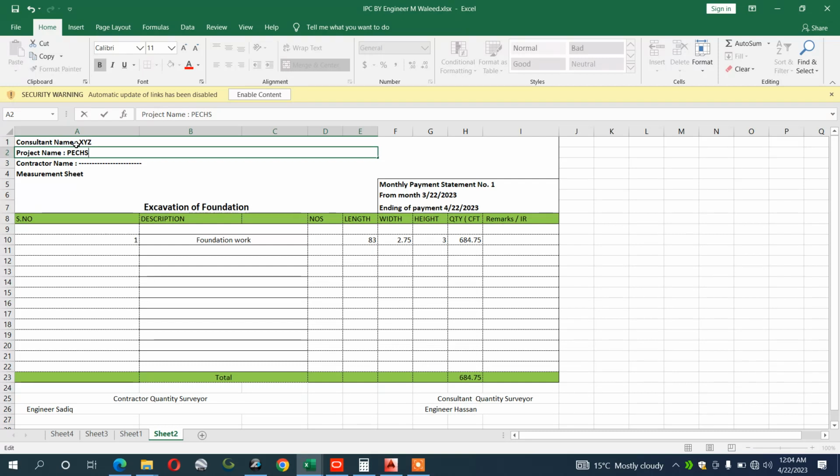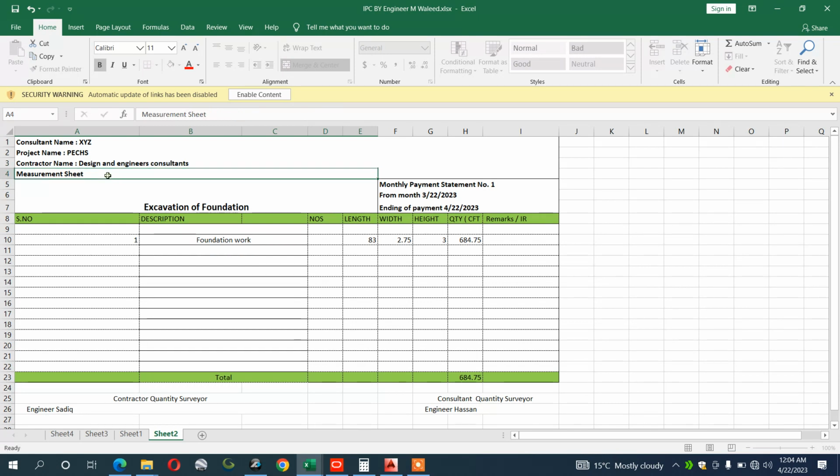PECHS project. Okay, PECHS. What is the contractor name? Design and engineers consultants. And what is the MB? So first of all, you have to create the measurement sheet. So this measurement sheet, you have to take the name here,